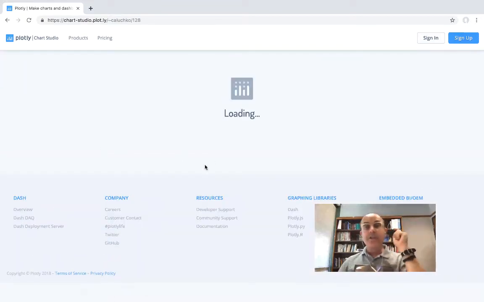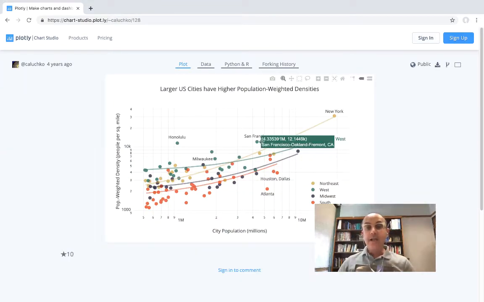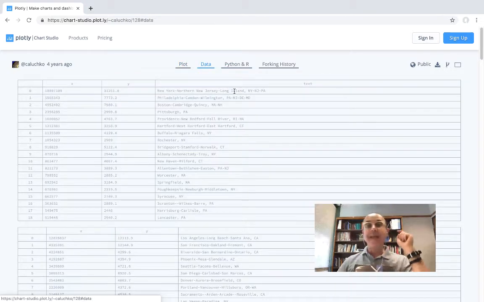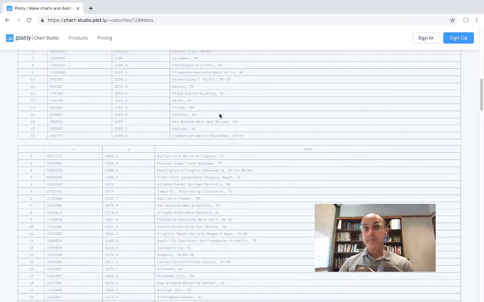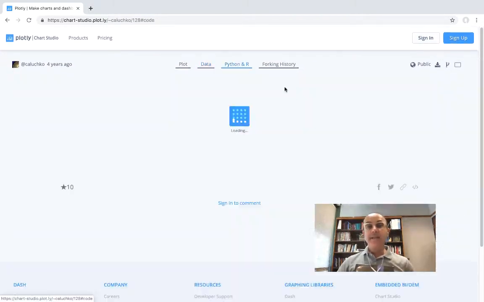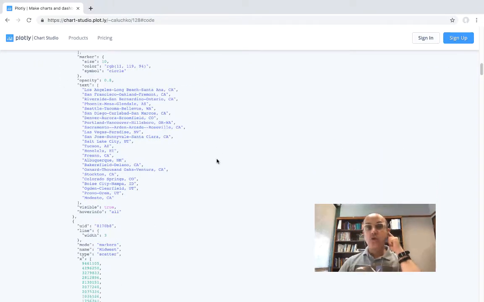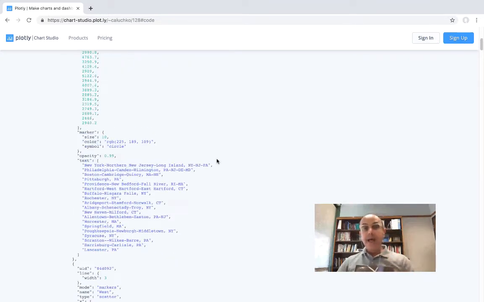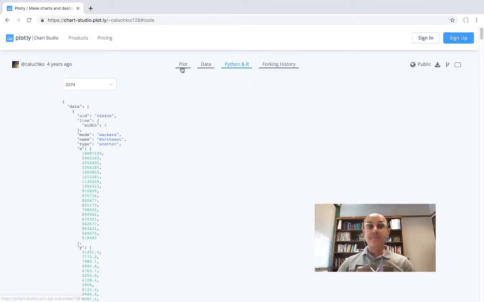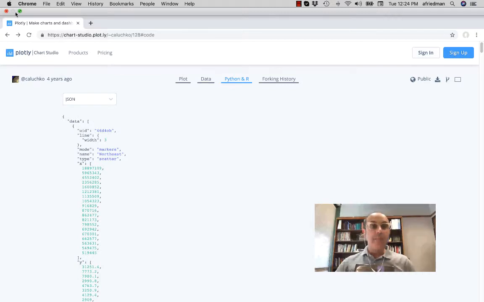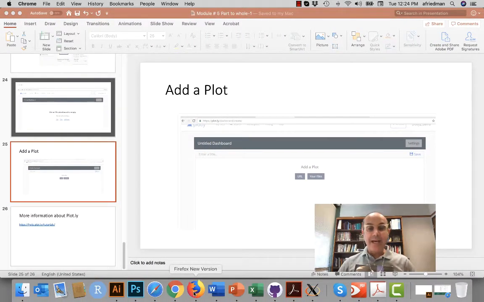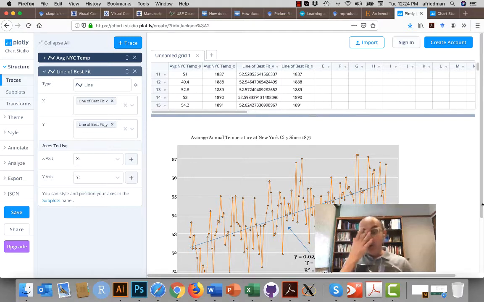The viewers just see the application online, so you'll be able to point out exactly where it is, and it is public. You will also see the data, what it consists of, and you will see the Python or R application that runs through it in order for us to generate this visualization, and the idea of the plot itself. One of the things when you are working in Plotly is, again, when you sign in,